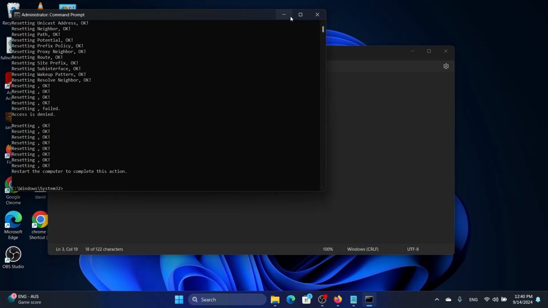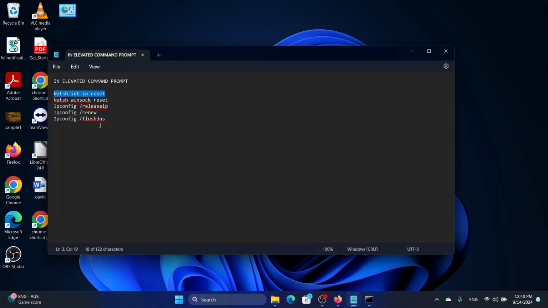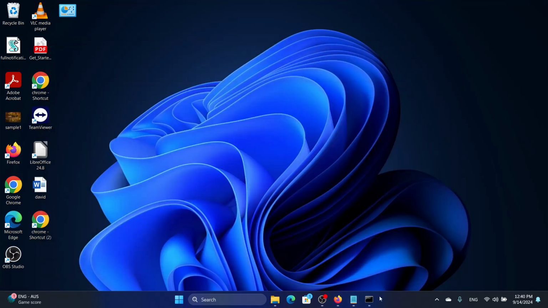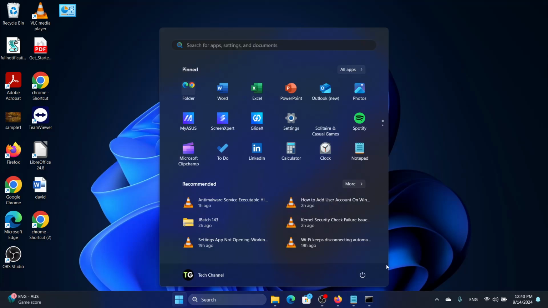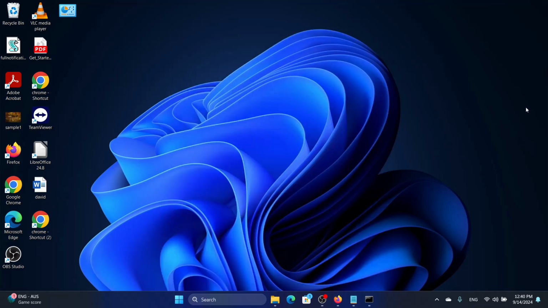We'll do that after we copy and paste all these commands into the command prompt. Once we copy and paste all these commands, we will restart the computer. Click on the power button and click on restart, and now you should try installing DirectX again. If it's still showing the same error, then it could possibly be that your firewall or your antivirus is blocking